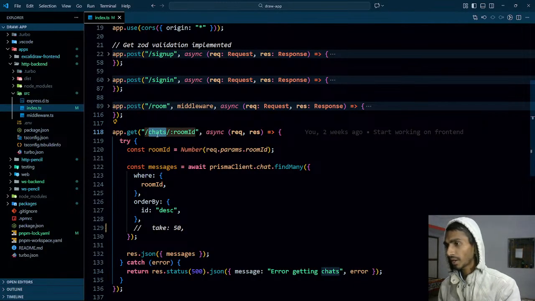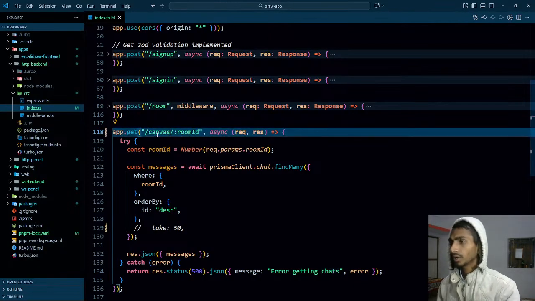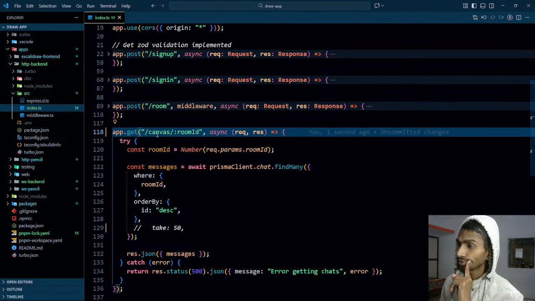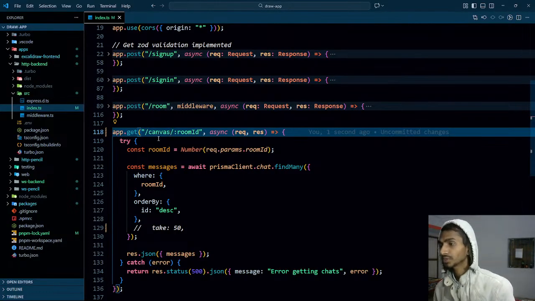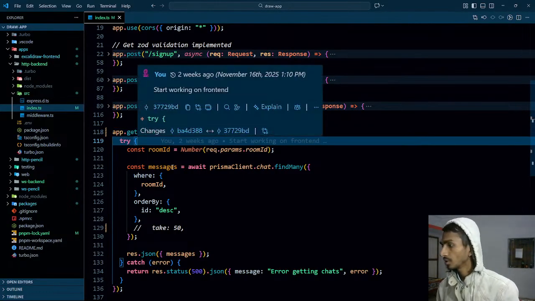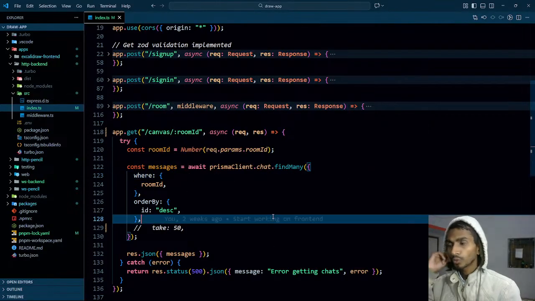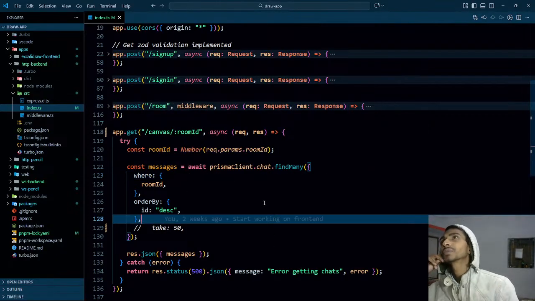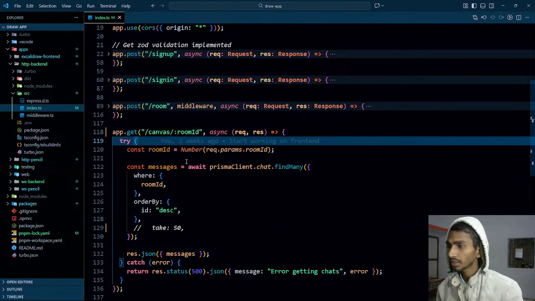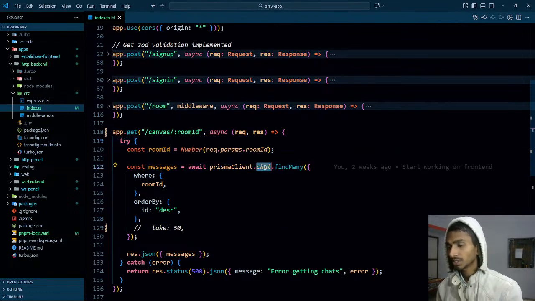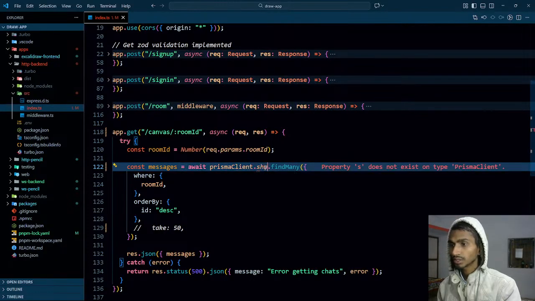I can say canvas room ID, because that is the thing that's going to be. Ultimately I'm changing many things right now, crazy stuff, but okay. Canvas and room ID, I will enter the name and then I will get the room ID for that particular canvas. Yeah, canvas is going to be better here. And chat, this chat is not there anymore. There is something called shape,